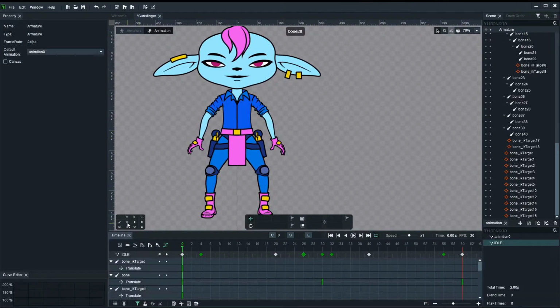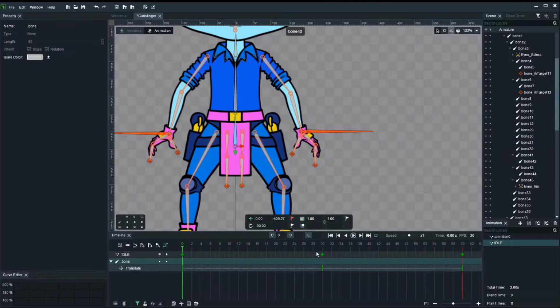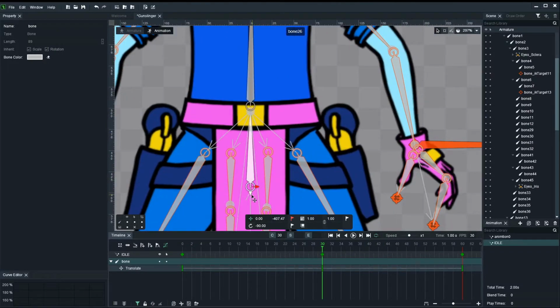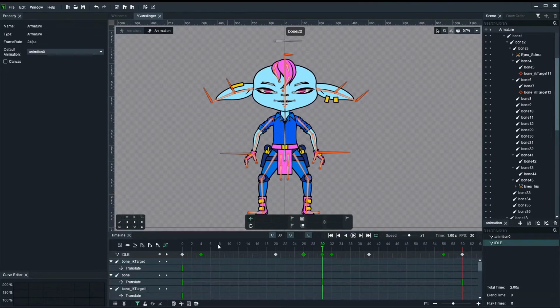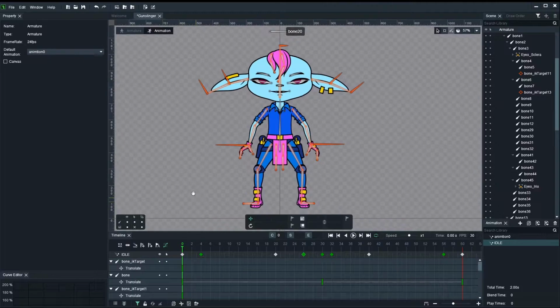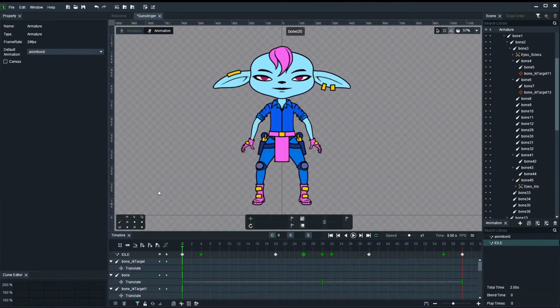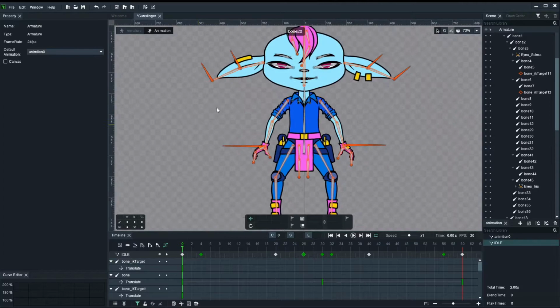Yep, now we're going to give more movement to the hips, aren't we? You saw that coming, come on. That little bit is going to do a lot of work. Oh, it's happening. The ears are already working on their own. Do I need to animate them? I mean, like,